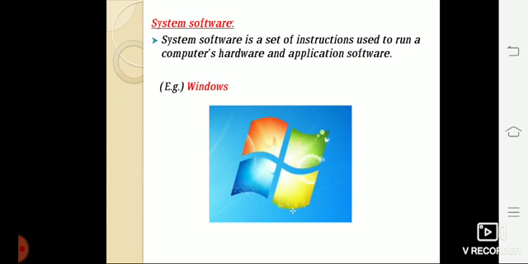Next, system software. System software is a set of instructions used to run a computer's hardware and application software. Example, Windows. Through Windows, we are able to run the hardware and applications of the computer.